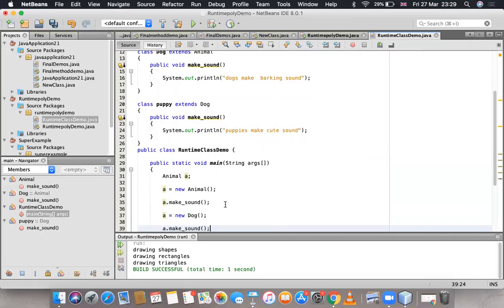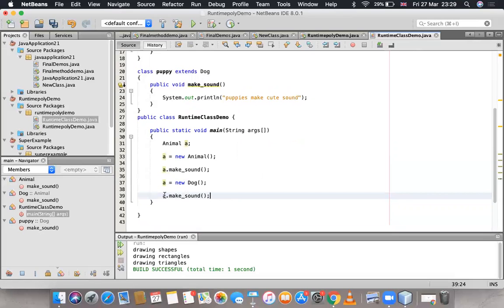So which version of make_sound? Even though it is a reference of the superclass, since I have assigned it a Dog object, this will be referencing the Dog object, so it will always call the make_sound in the Dog class.